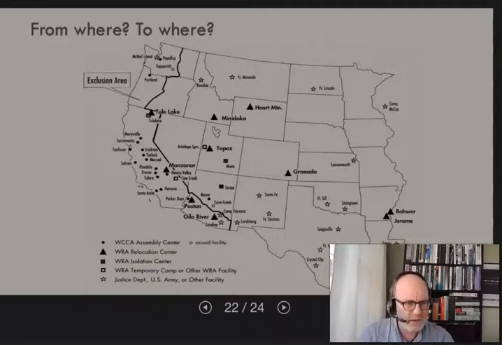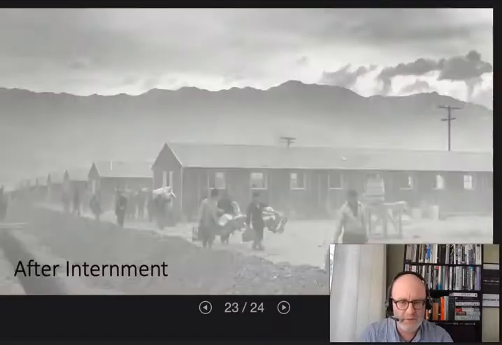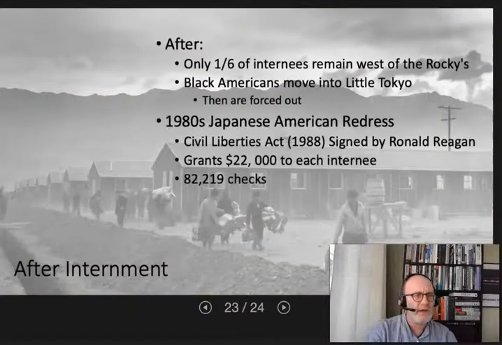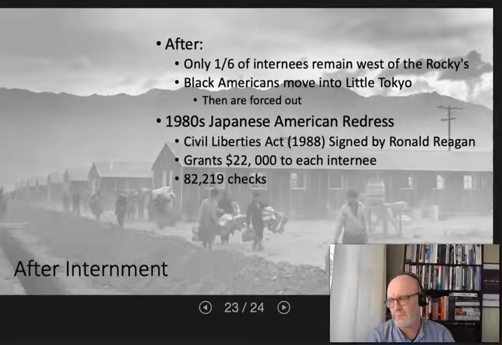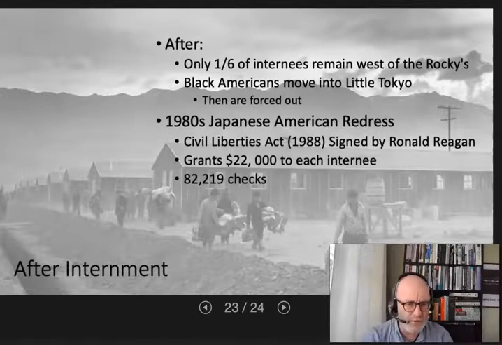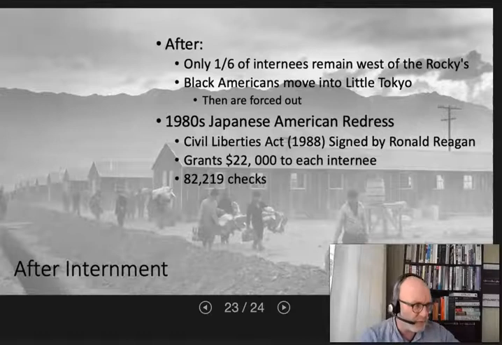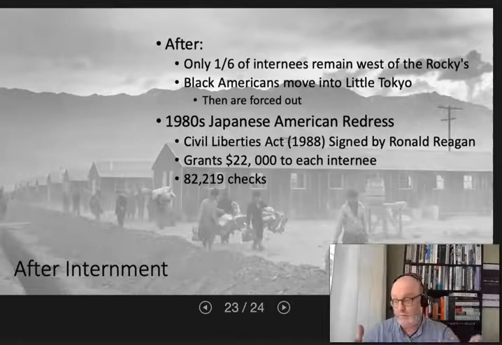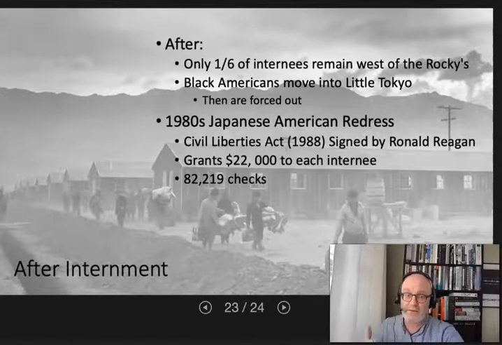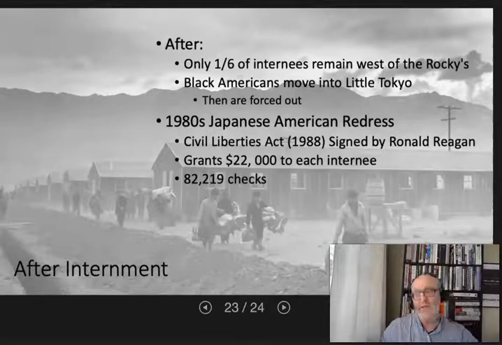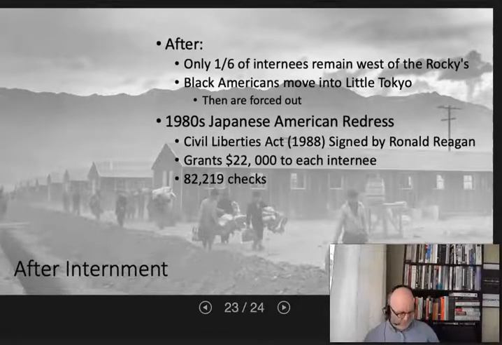Not a good look. But again, if you're from the East Coast, you're not targeted. If you're from Hawaii, you're not targeted, because again, it's largely political. After internment, very few detainees remain. Some of them do get their property back at the expense of Black Americans who start moving into these formerly Japanese areas, trying to get out of the bad neighborhoods they live in, trying to, again, achieve their American dream. They get kicked back to their ghetto communities,